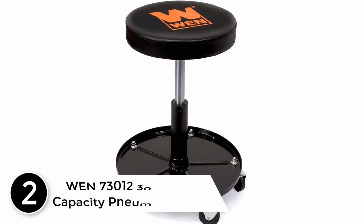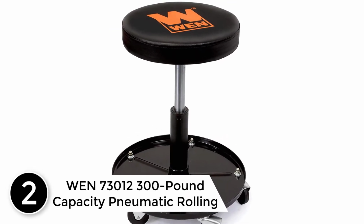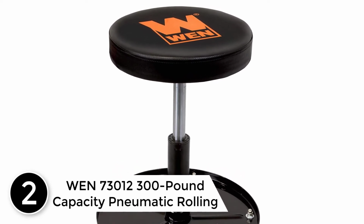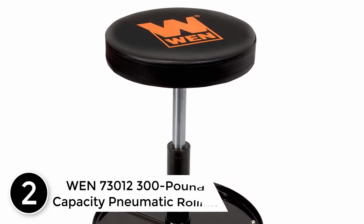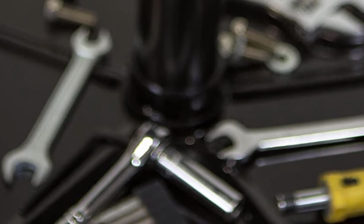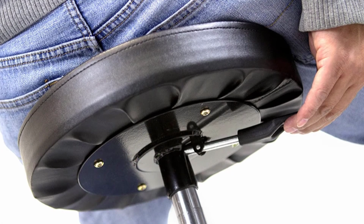At number 2, WEN 73012 300-pound capacity pneumatic rolling mechanic stool seat. Remember when you could cruise around the garage in comfort? It's time to get low and get comfortable with the WEN 300-pound capacity pneumatic mechanic stool. This seat features a thick and absorbent vinyl-wrapped multi-layered padding to protect your personal cushion during those long days inside